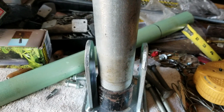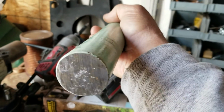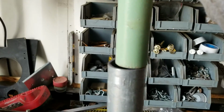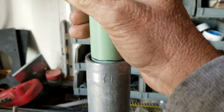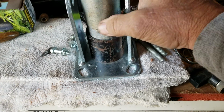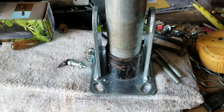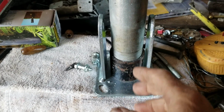And what's that for? Well, these big old chunks of round stock that Andy gave me, I peeled the epoxy off of one end, and that goes down right inside of here. And there's my rock smasher. So I'll be able to grab this and pull it up, let it go, and slam it down and crush rocks. And then after I get the rock crushed, I can unscrew this pipe and dump the rock out that's in this bottom section right here, or the crushed powder that comes from crushing the rock. And that'll be my rock crusher,